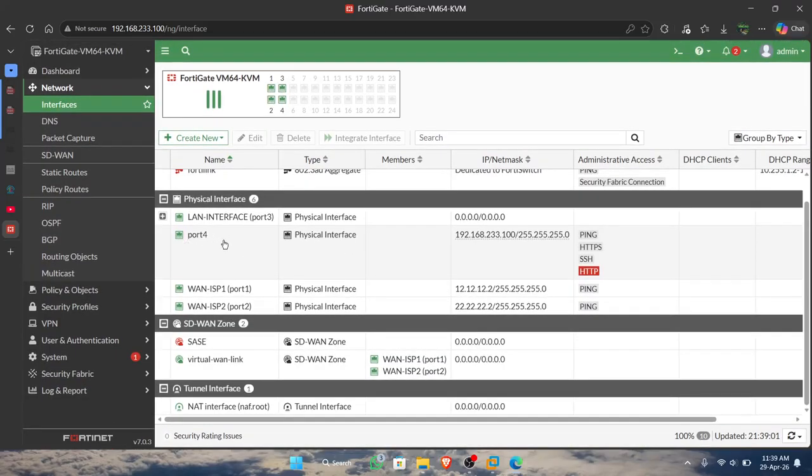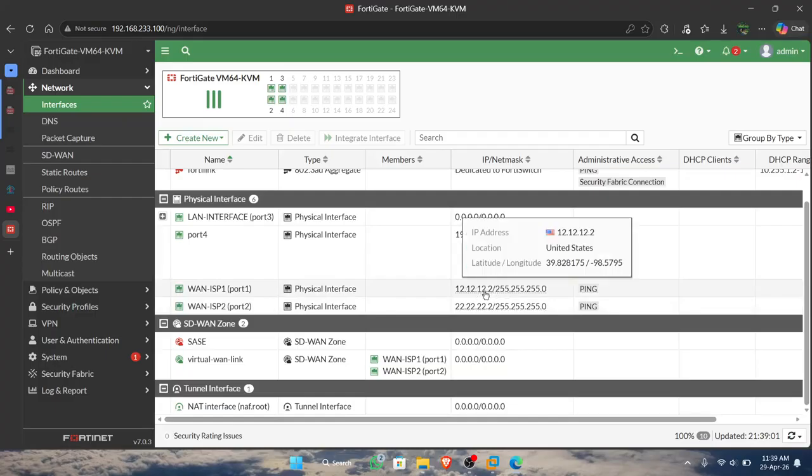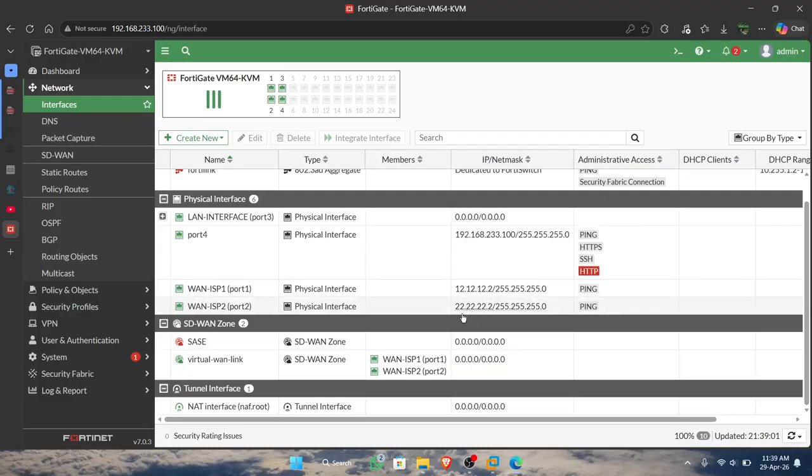In port 4, this is the configuration for the management device. The next is to continue with ESP1 and VLAN ESP2, with the IPs 12.12 and 22.